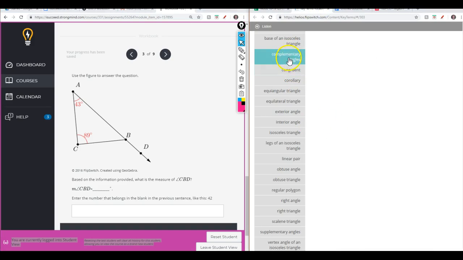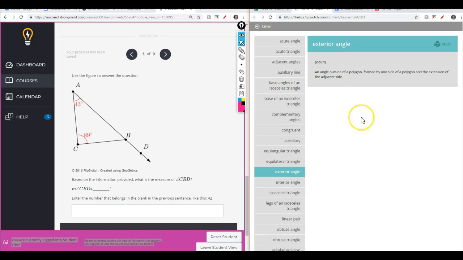One of them is the exterior angle, an angle outside of a polygon formed by one side of the polygon and the extension of the adjacent side. So that is an exterior angle. There's an exterior angle theorem that was given in the lesson, in which angle CBD is an exterior angle. It's outside of the triangle,